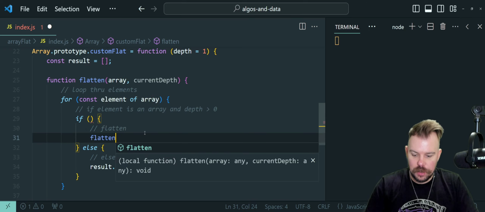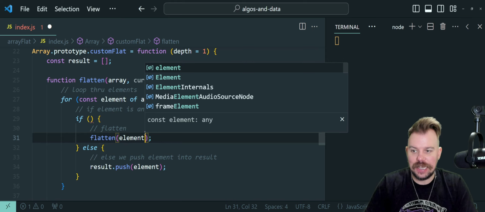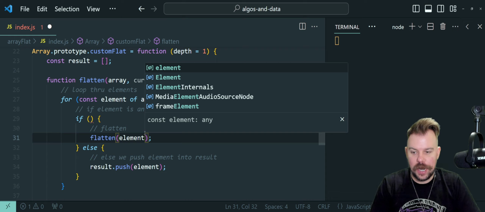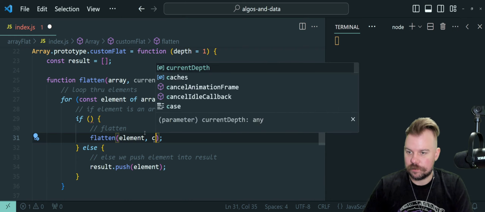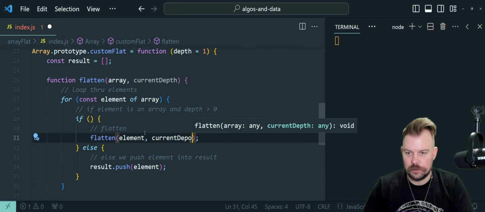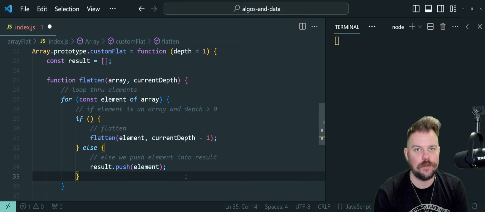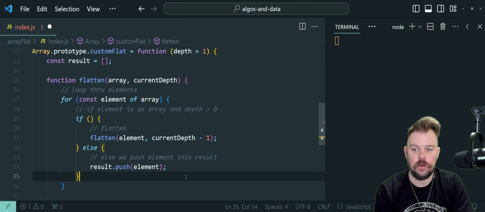Here's what we do. So remember, if we're flattening another box, we're opening another box, then we're passing in the element, which is a box that we are going to be opening, right? So another array. And we're going to pass in a depth level of what our current value is, minus 1. Otherwise, this will go forever if we're not careful. So remember, we have a specified depth level that we're allowing ourselves. In the default case, it's 1, so it'll only go down 1 level ever,